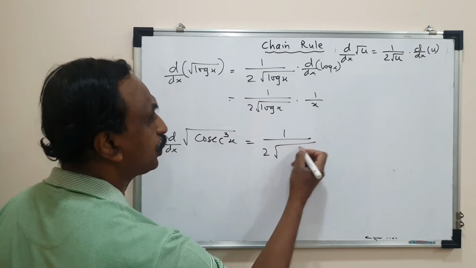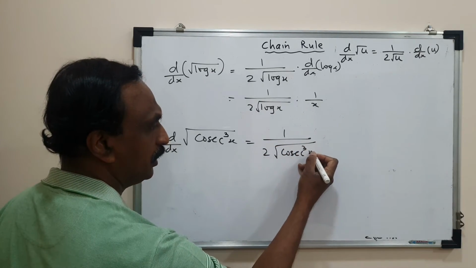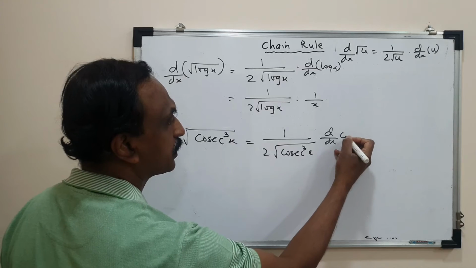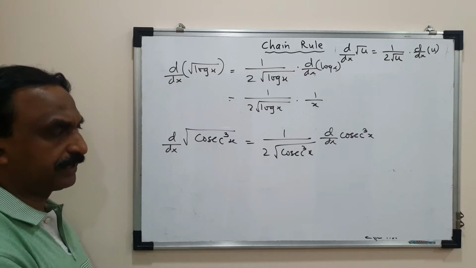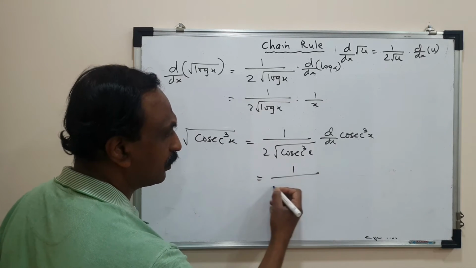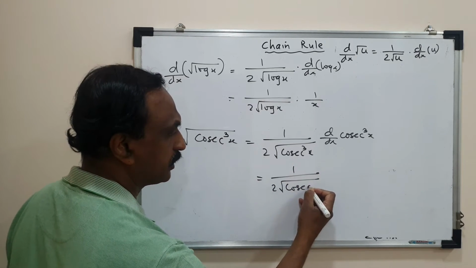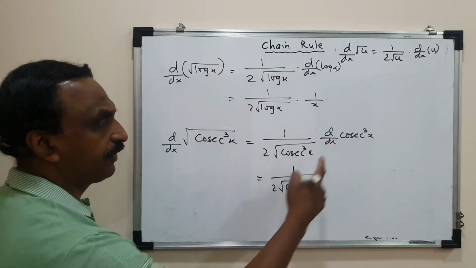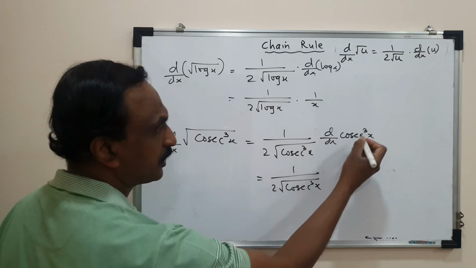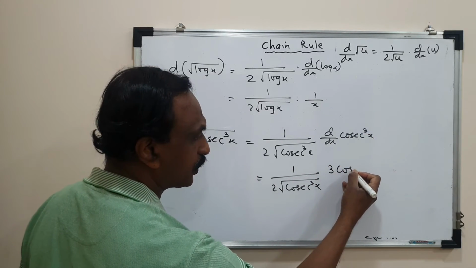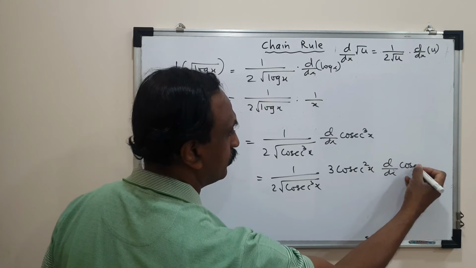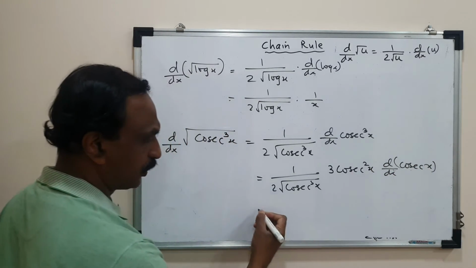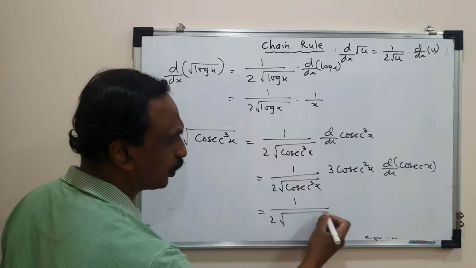1 by 2 root cosec cube x into derivative of cosec cube x. It may not be a faster method, but you can do it in this way also. 1 by 2 cosec cube x. Now derivative of cosec cube x. It's a power rule. Start from the power. 3 cosec square x into derivative of cosec x. So your answer became 1 by 2 root cosec cube x